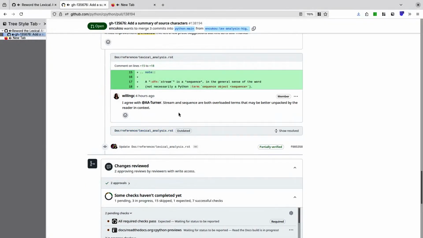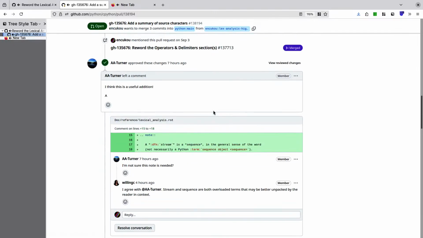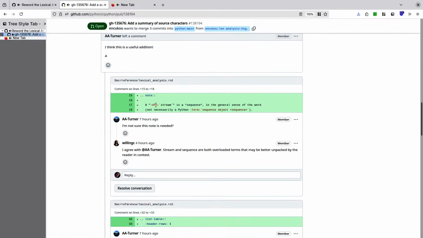Anyway, so review for this commit. There's a note about what a stream is, and apparently the note isn't needed, so let's get rid of it.